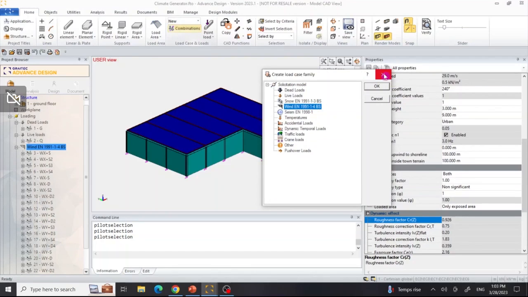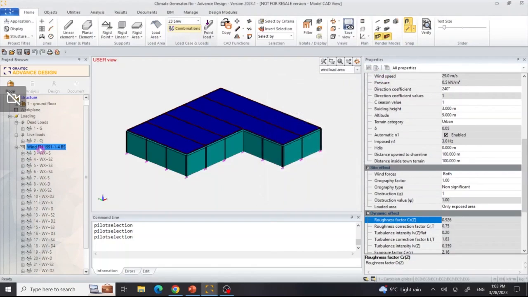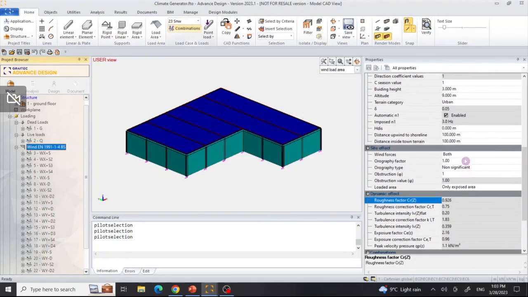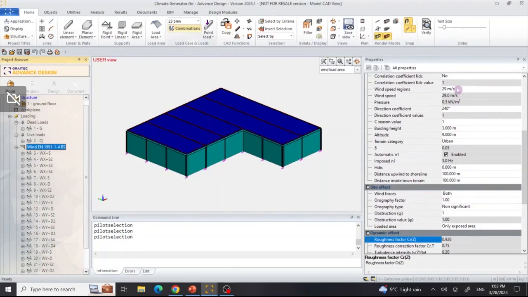and allow for the software to calculate all those parameters for you. So by clicking on the left hand side of the wind load case family, we have all the information the software needs in order to calculate the parameters for roughness, turbulence intensity, orography, and basically all the information needed in order to calculate the peak